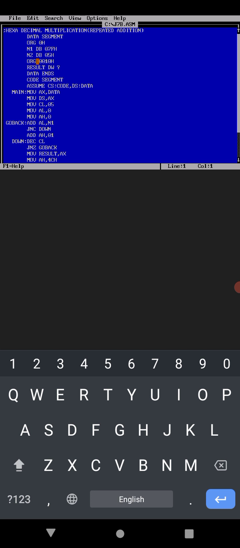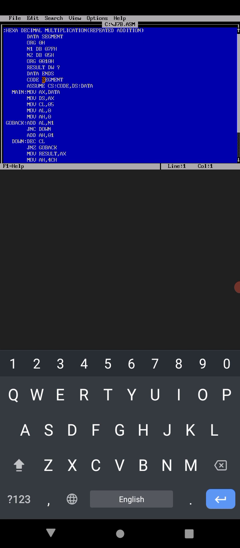This is the way of multiplication we did, done by repeated addition. Then org 001h, result will be 16-bit, therefore use dw, data word, that is word question mark, and data ends.